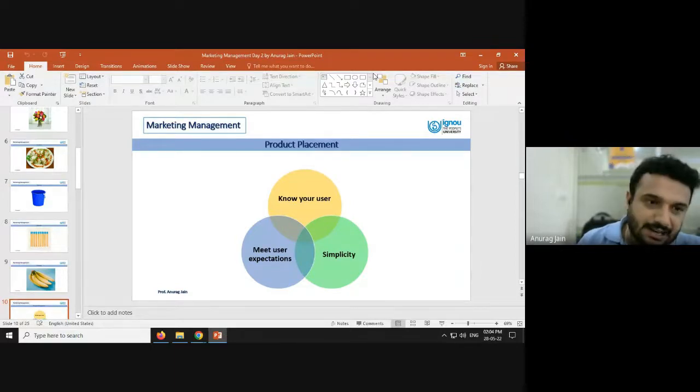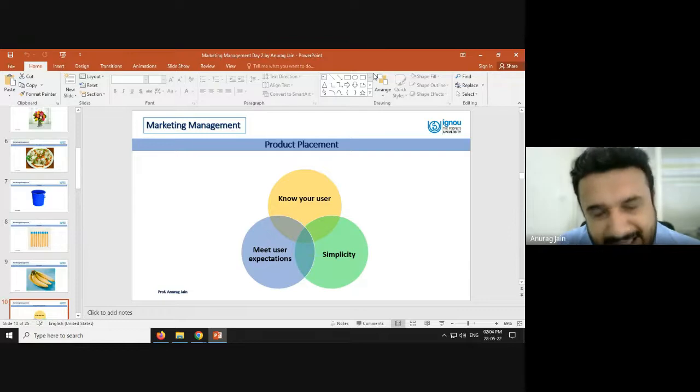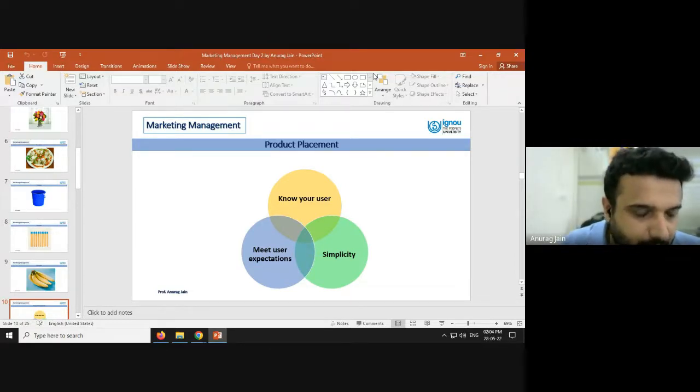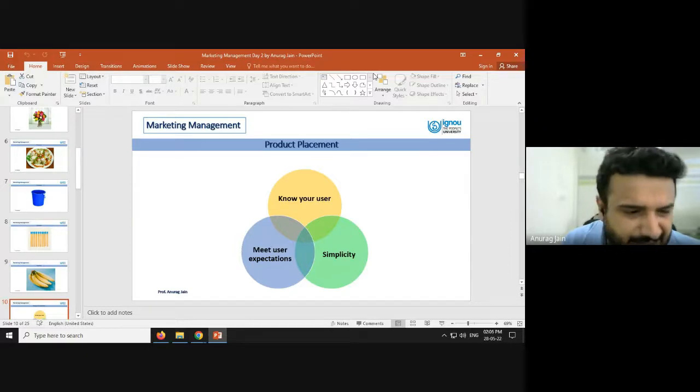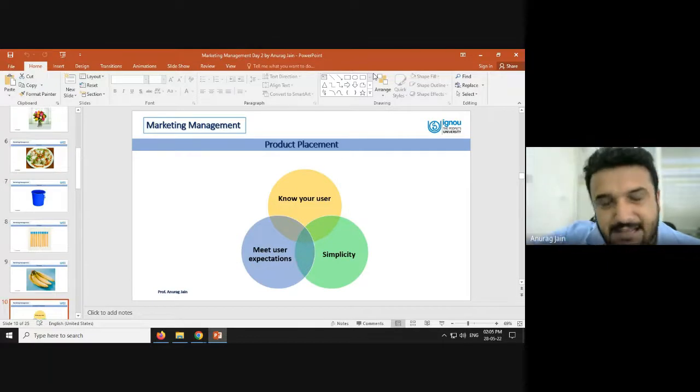And the third important element is simplicity. If your product is simple to use, and it is solving a pain point which a customer is having, right? For example, I took this example day before yesterday as well. I don't always want food delivered at my doorstep, but I also want other stuff delivered. Any possible solution that can help me? So Dunzo has provided that solution to me, right? A very simple idea: not always is food going to be delivered, but even a customer can send something to other customers, and simplicity is there.